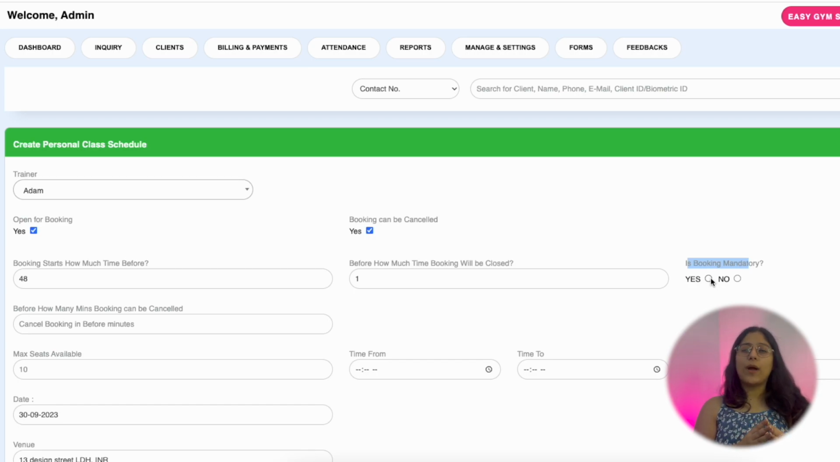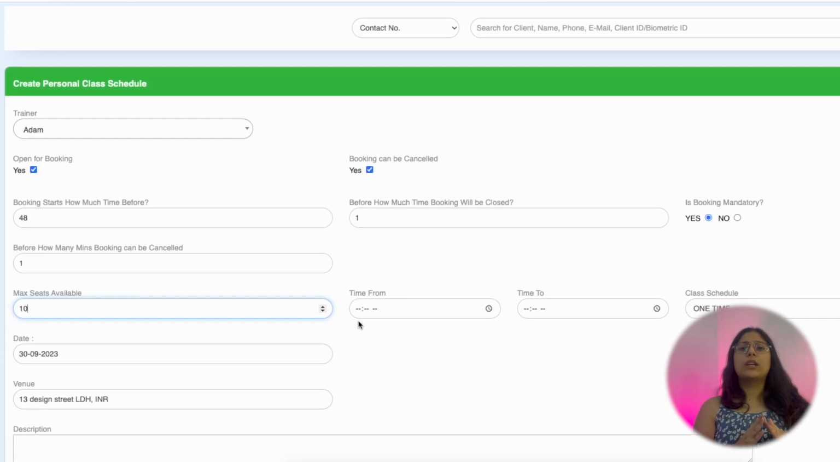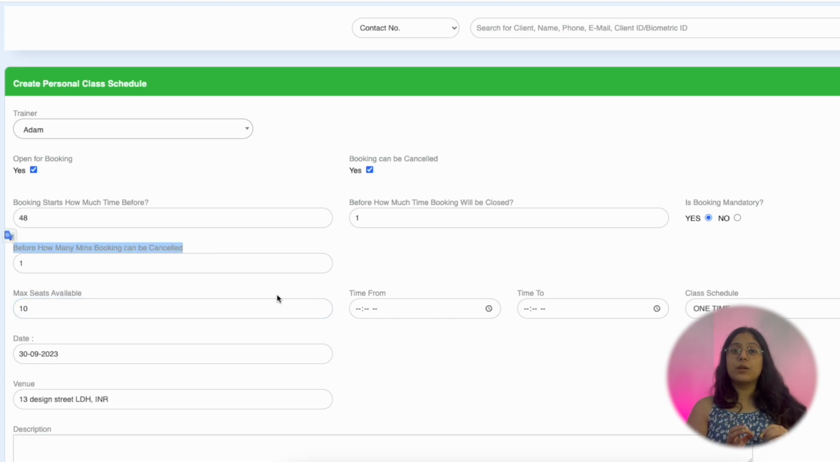This session requires prior bookings and no walk-in will be entertained. Max seat available means how many clients can book. If you want to limit the session to 10 people, this field will restrict more than 10 people from booking this session. This session will be closed after 10 clients have booked the class. If someone cancels the booking from the Easy portal before the cancellation limit of 1 hour, then another client can book